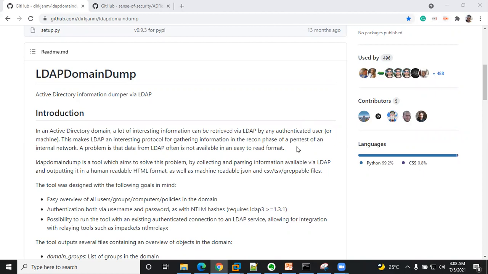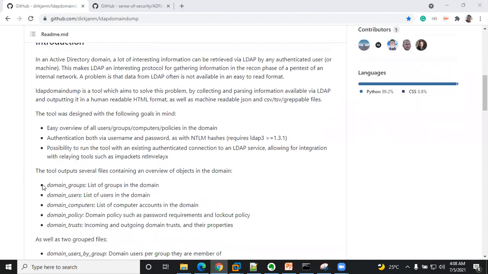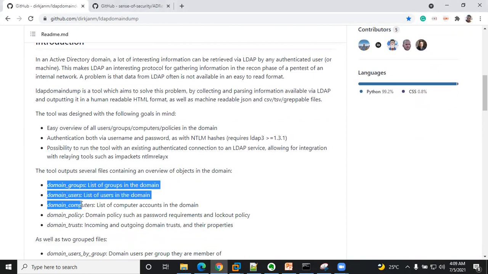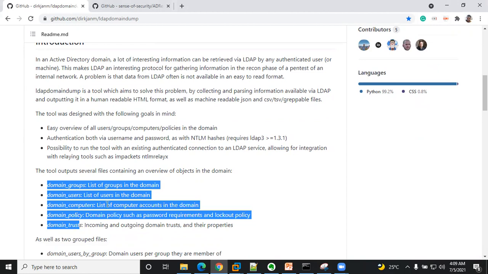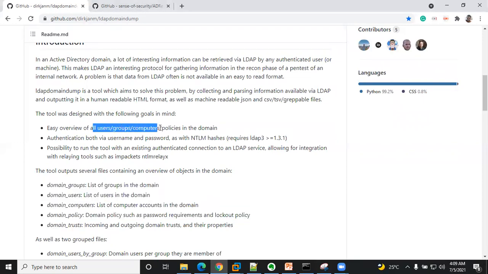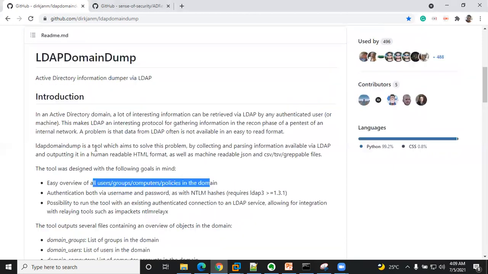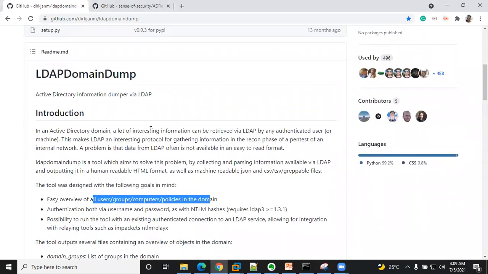It uses the LDAP protocol, so it's basically used to dump the list of domain groups, domain users, domain computers, domain policies, and domain trusts. So basically it helps us to gather all the users, groups, computers, and policies on our domain seamlessly. That's the difference between using this automated tool and using the net command utility